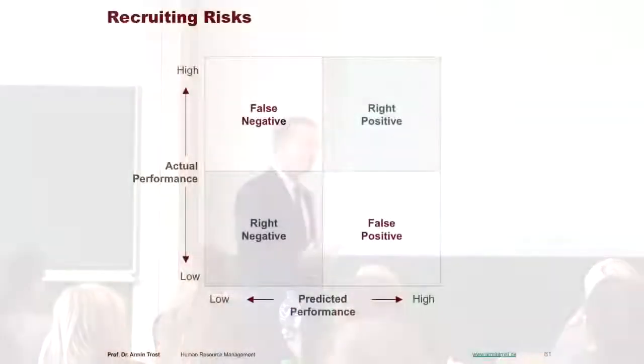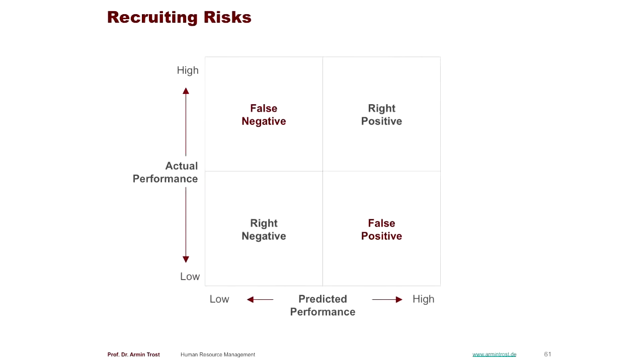I would like to predict the future. I predict performance, and the question is now, do I believe that in the future you will show a high level of performance or not? If I think that you will perform very well, I will hire you. I hire the one where I think the performance will be the best. That's what I do in the selection process. One year later, once I have hired you, I will know whether you have performed well or not. So this is the truth, the actual performance.